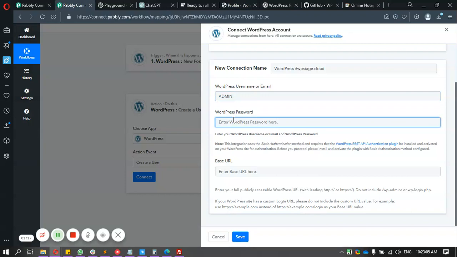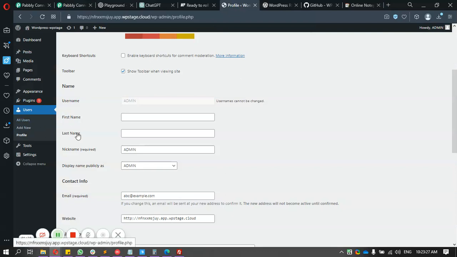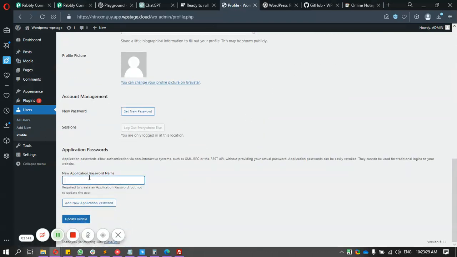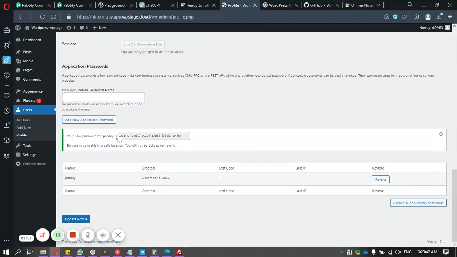For the password, you don't want to run into issues, right? You can obviously use the admin password directly, but for me, security is one of the highest concerns, so I would not recommend using the admin password directly. Rather, you can go to the profile again and create an application password, which should allow you to use it in third-party applications. So I would just enter the name and I would get the password. I would copy this